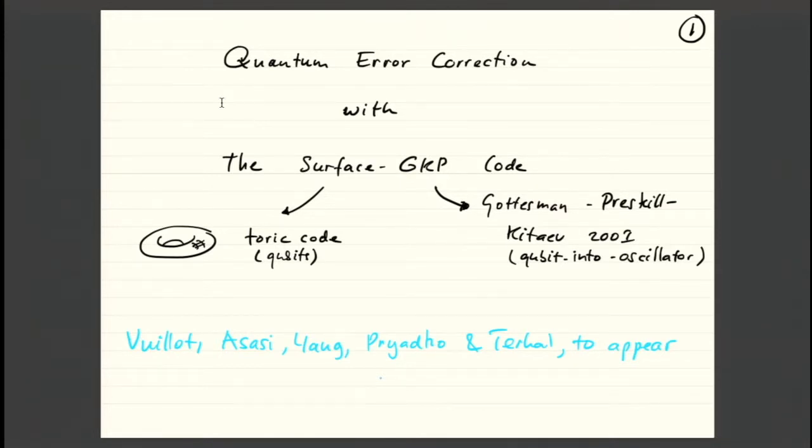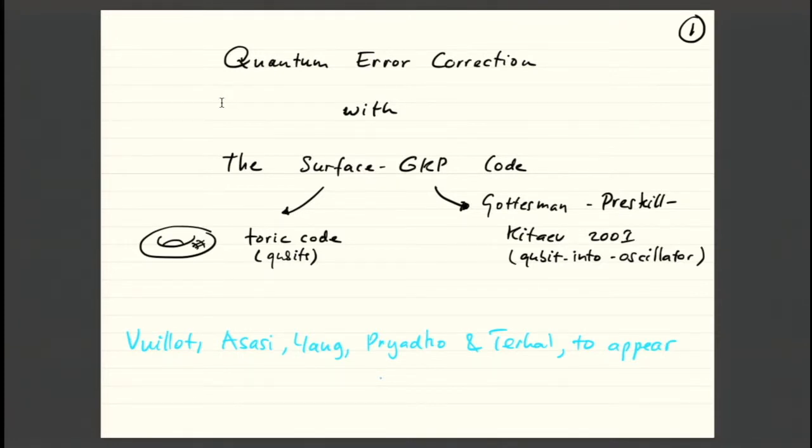So then I've moved from an oscillator to a qubit, and now I can say I have many of those qubits, and those together are the qubits of a toric code, right? And so that's the idea. That is a toric GKP code, or a surface-GKP code if the torus is cut open into a surface with boundaries. And basically the goal of what we wanted to do is understand what the error thresholds are for such a